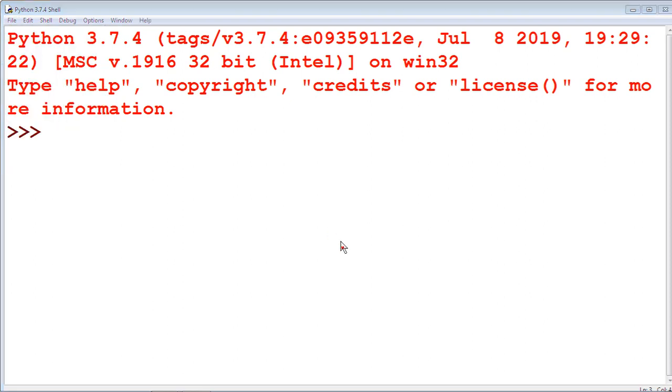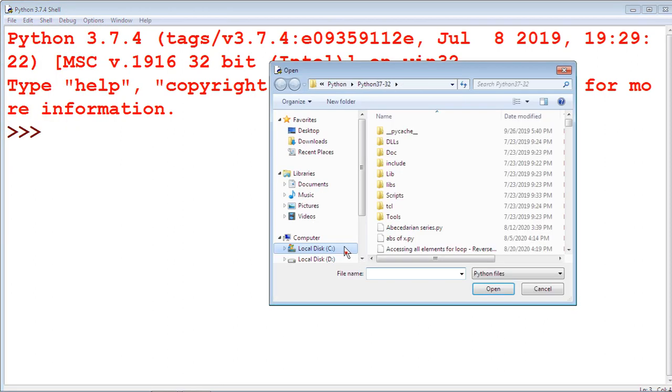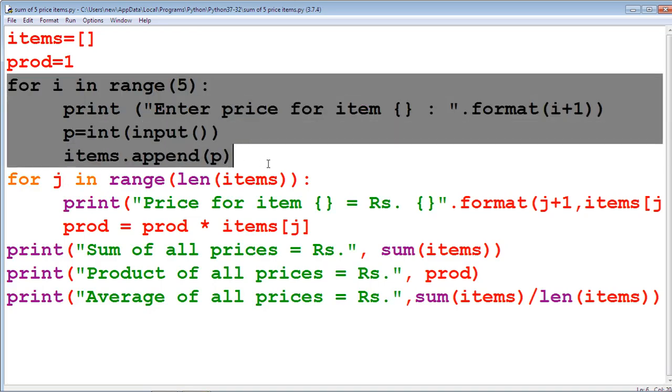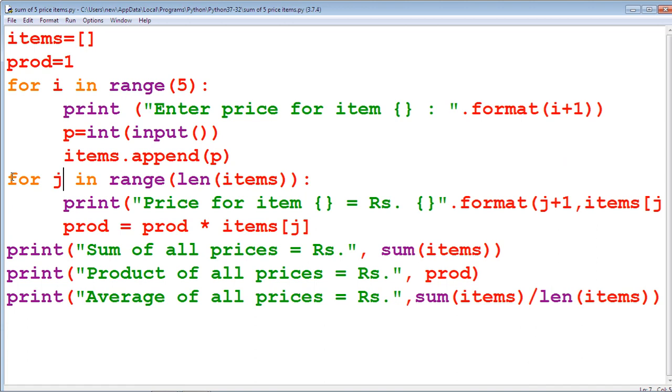File, open, sum of 5 price items. Here, this first section is getting the 5 different items from the keyboard and appending them to this list, and second section,